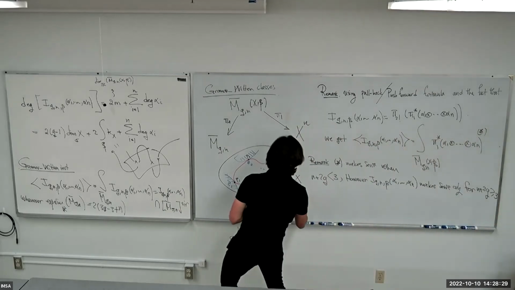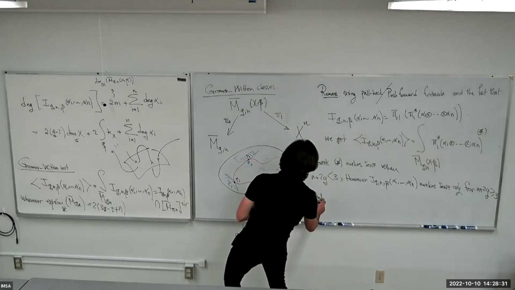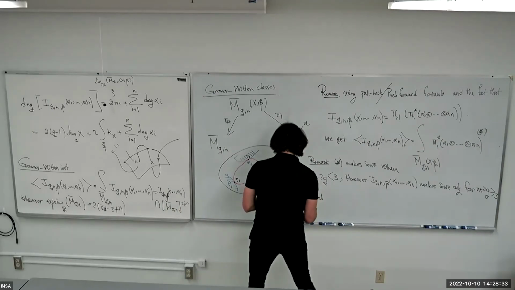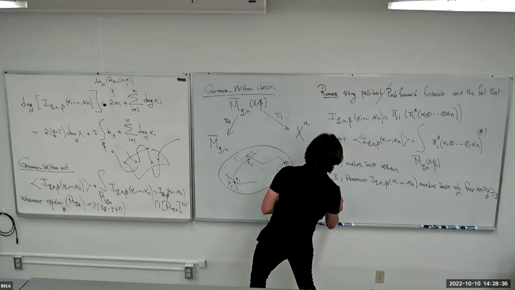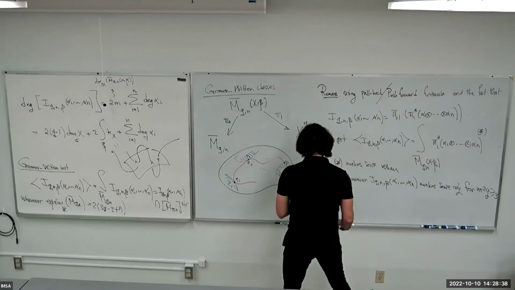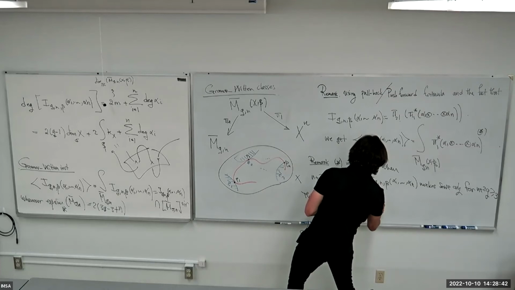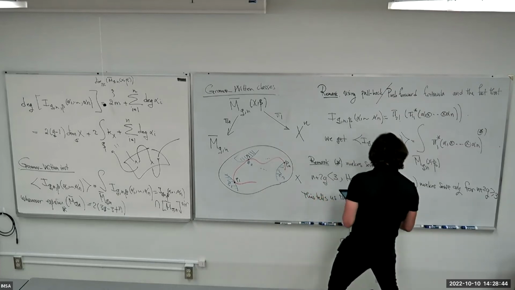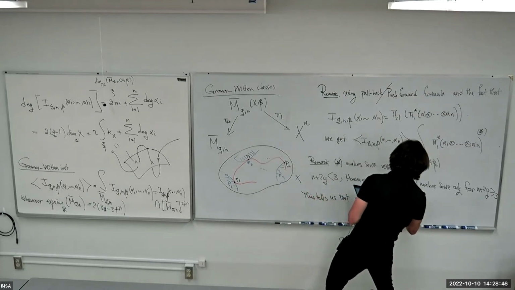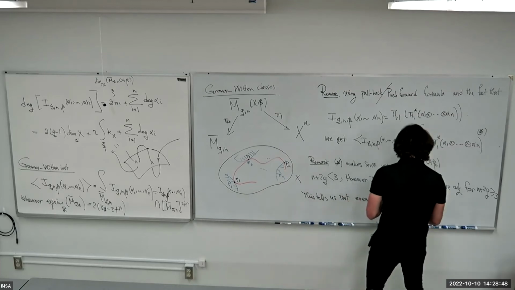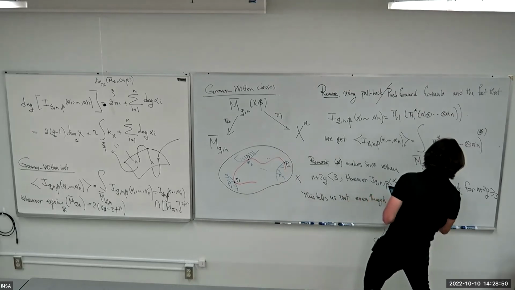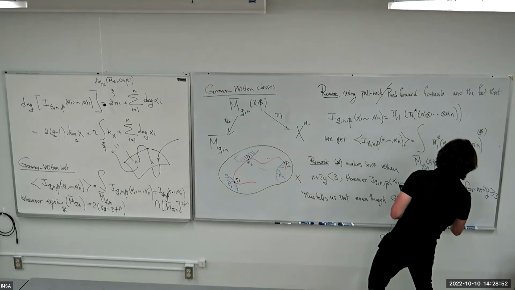This tells us that even though the Gromov-Witten class might not make sense